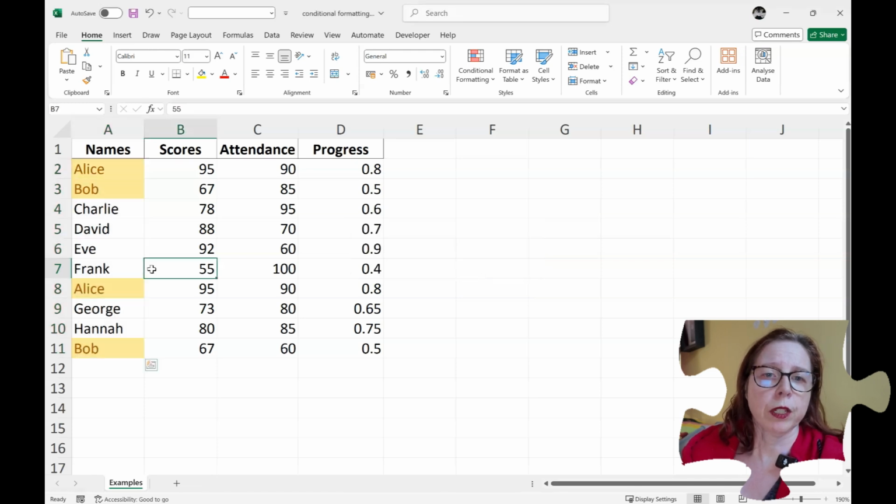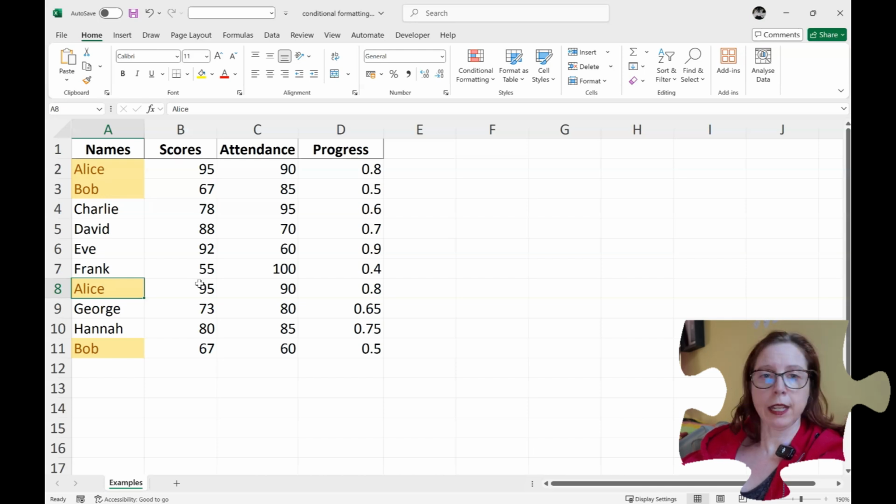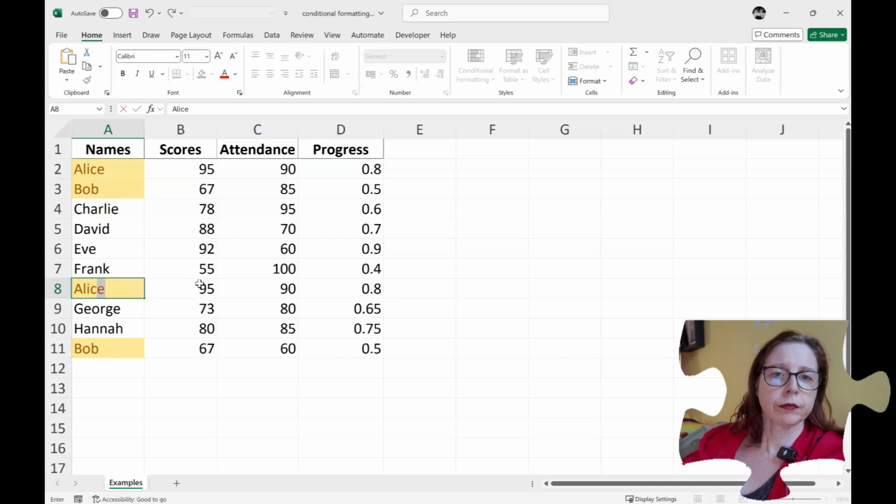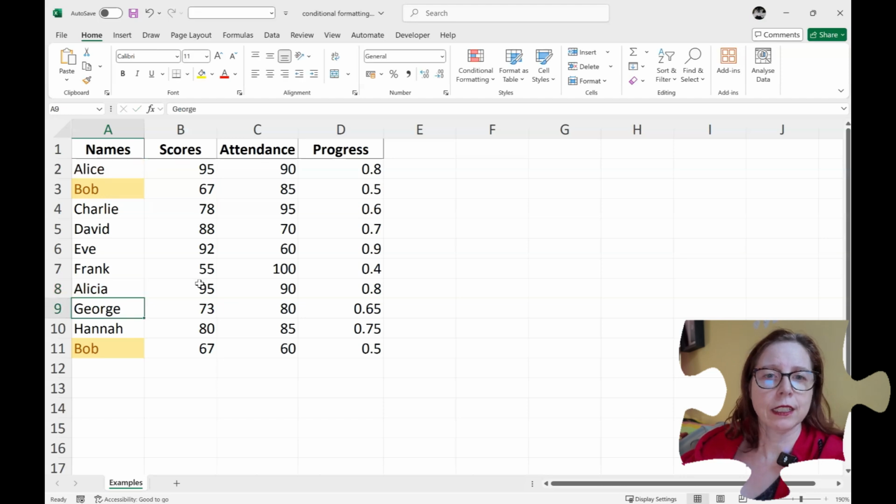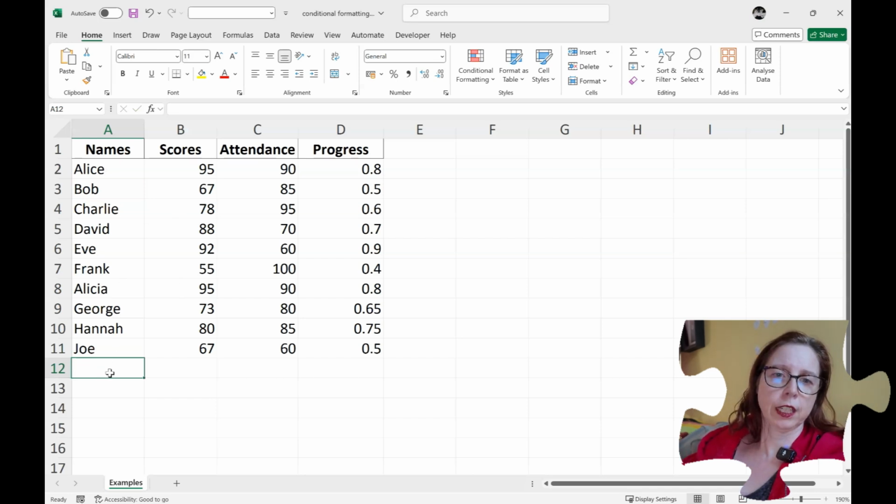That's great. Now, what if I realized that it wasn't Alice, it was a different name, Alicia. There we go. Now Alice and Alicia have changed their formatting automatically because it's not a duplicate anymore. There we go. But then if I added more, say I added some more names, another Frank,